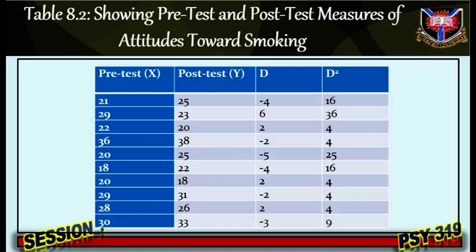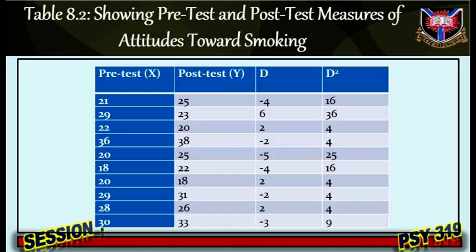Example 8.2. A researcher intends to investigate the influence of an anti-smoking campaign on attitudes of students toward cigarettes. He randomly selects 20 students and randomly assigns them to experimental and control groups. An attitude scale is administered to both groups and their attitudes toward cigarettes are measured. The researcher then introduces an anti-smoking campaign to the students in the experimental group for a month,